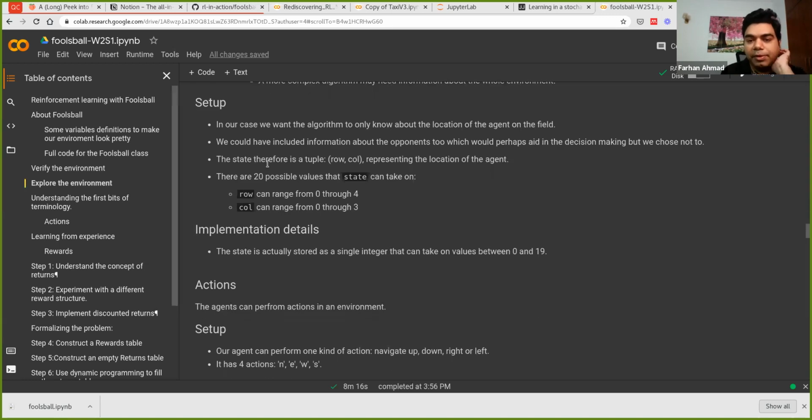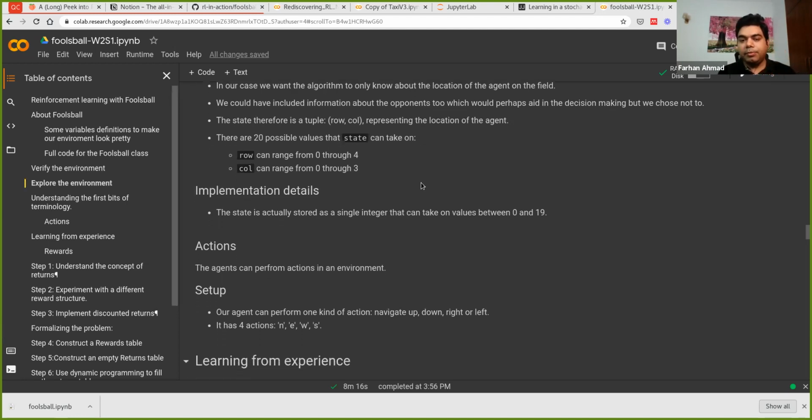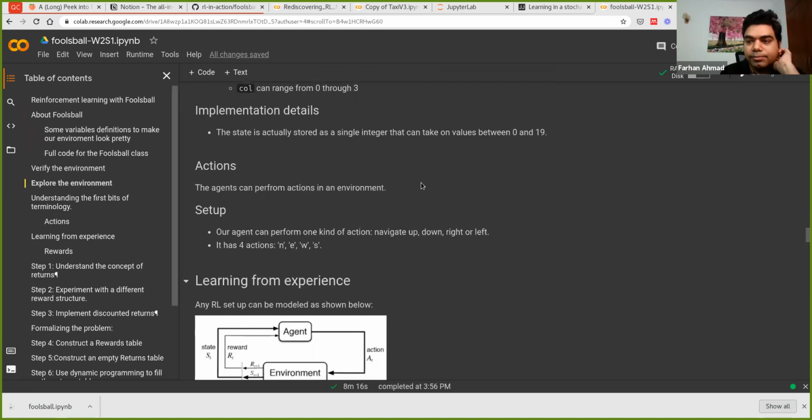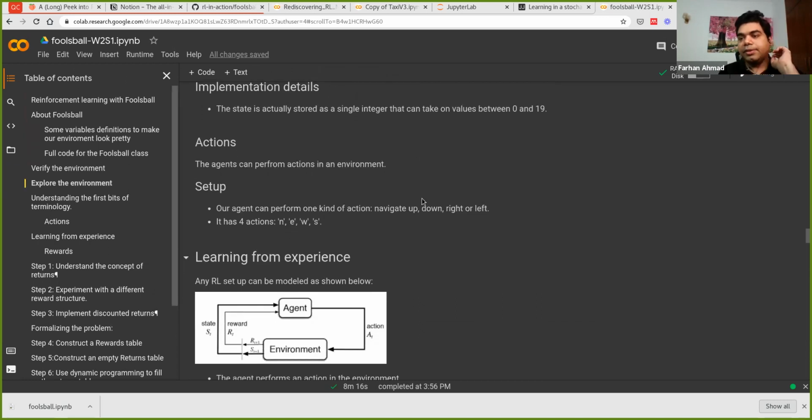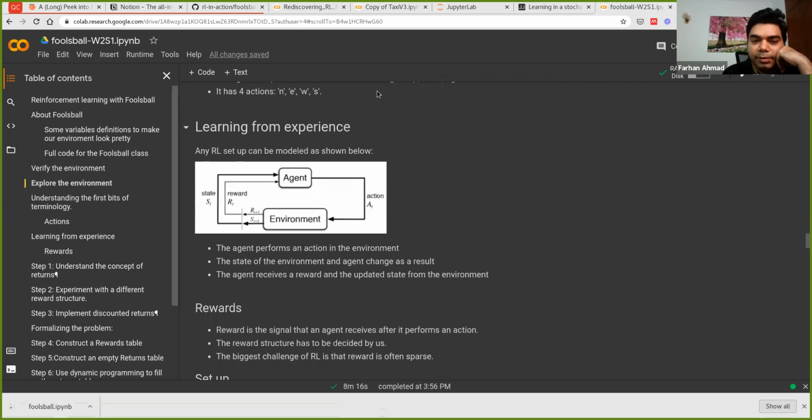Yep. So we basically went over this. In our case, the state is just a number which will be between 0 and 19 because there are 20 possible states. Then there's the concept of actions. That is how you interact with the environment. There are just 4 actions in our case, which are north, east, west, and south. And the whole setup is that using these actions,